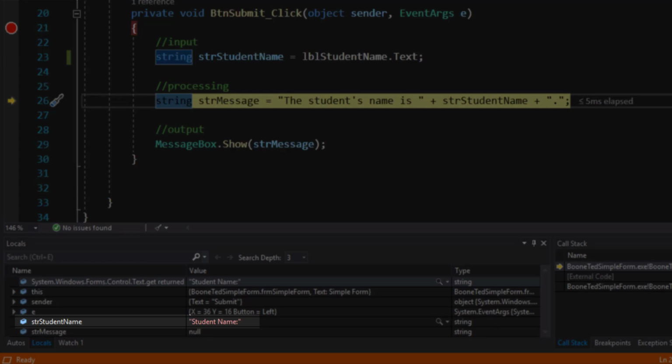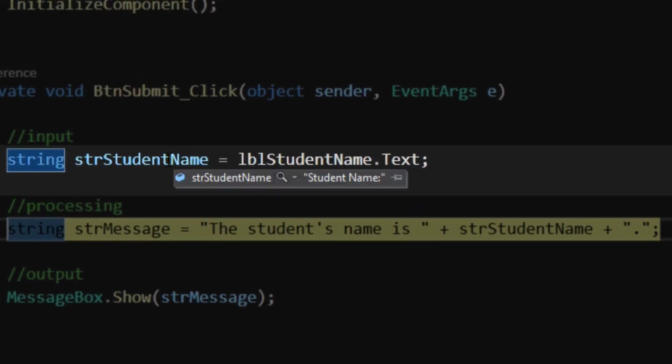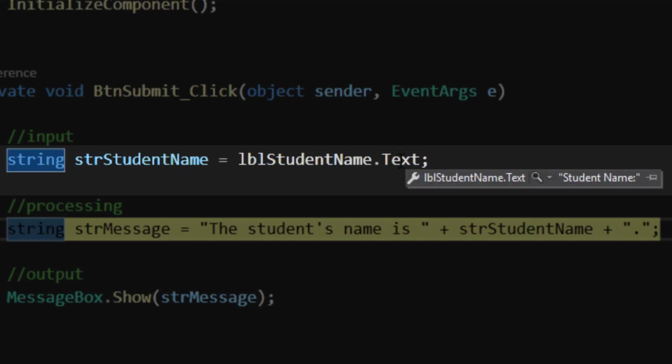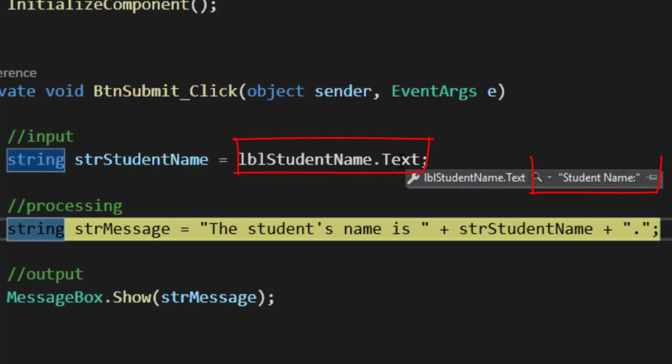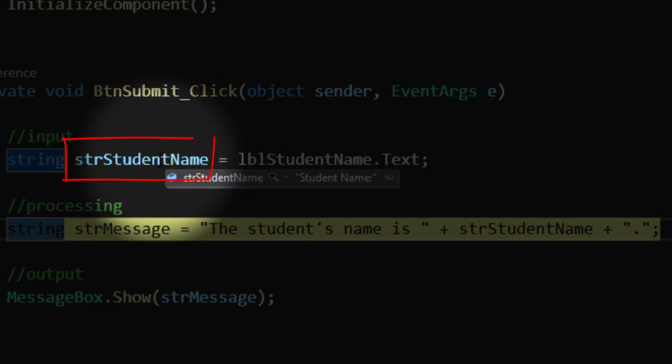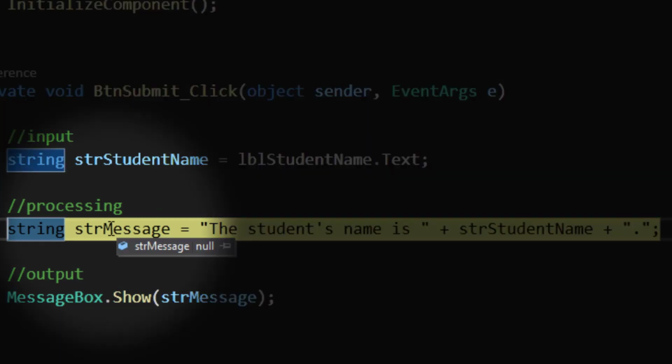In this case, at the bottom, you can see that strStudentName is equal to studentName: We picked up the text property from the label and stored it in a new variable called strStudentName. Now you'll notice when I'm moving my cursor over certain parts of my code, I'm getting a prompt that shows me the value of that specific property or variable. So in this case, when I hover over lblStudentName.text, I see that it's equal to studentName: When I hover over strStudentName, you can see that now that I've run that line of code, strStudentName is equal to studentName: